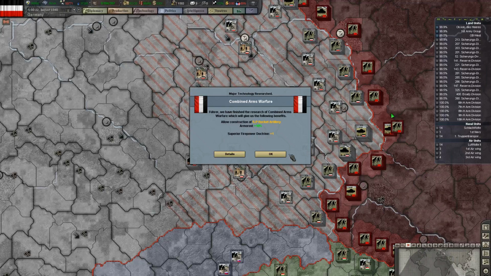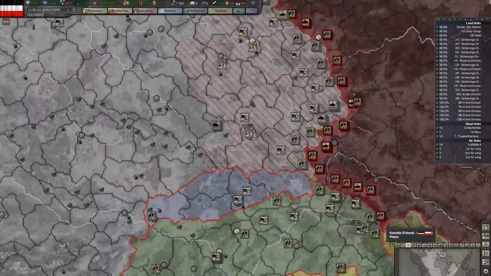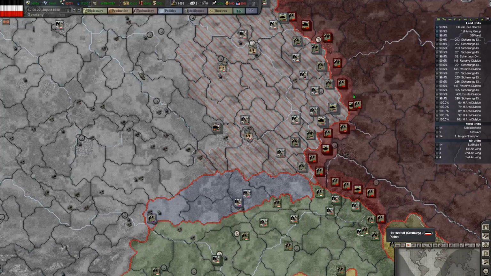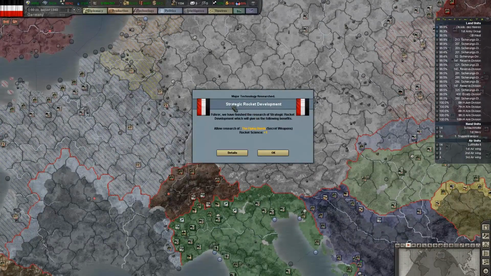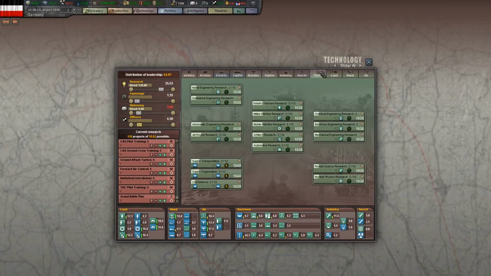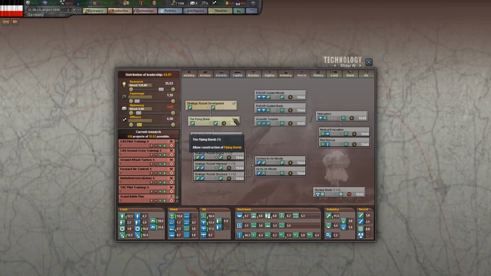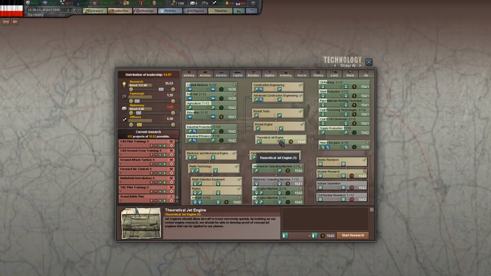Okay, so Leon Trotsky was assassinated. It doesn't really have any effect. It's just another one of those historical flavor events. Strategic rocket development. Okay, so that's actually interesting. That's going to be strategic rocket development, the flying bomb, 1942. One thing I want to look at is theoretical jet engine. We were working on that, right? Yeah, okay, so...